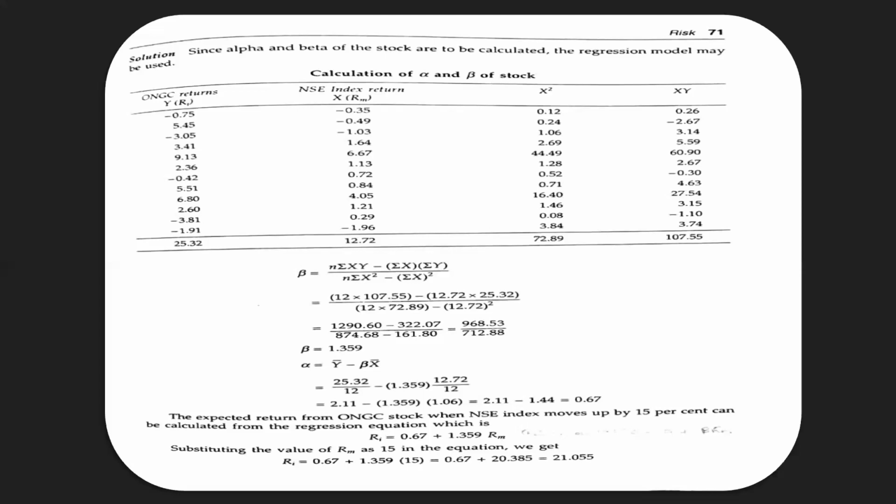Now the second part of the question. The expected return from ONGC stock when the NSE index moves up by 15% can be calculated from the regression equation, which is RI is equal to alpha value, which is 0.67, plus beta value, which is 1.359, into RM. That is, RM is the market index. So we are given in the question that the market index moved up by 15%. So RM will be substituted with 15, and when we substitute 15 in the equation, we'll get